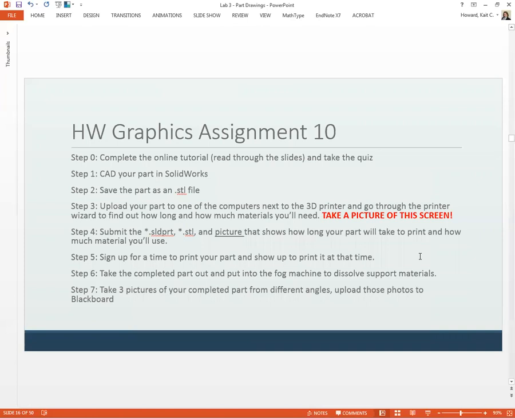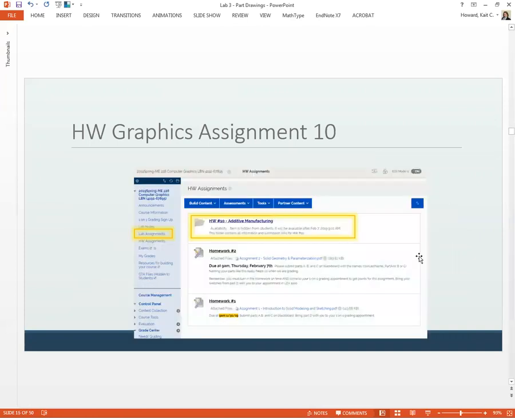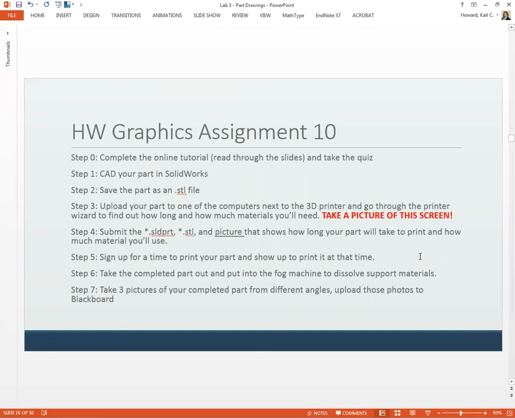So if you go into your Homework 10 folder right now, the folder that looks like that, you should see some how-tos, but also the only assignment will be part 1 of 3, the pre-quiz. You get one shot, and you have to score a 6 out of 7 to be able to submit the rest of your work. So that pre-quiz is important